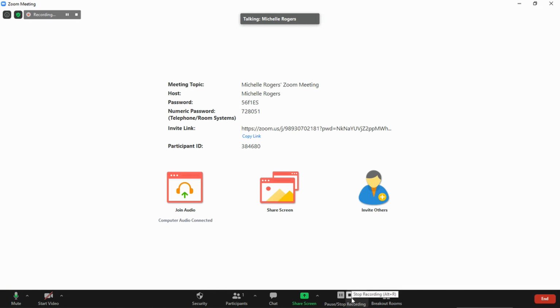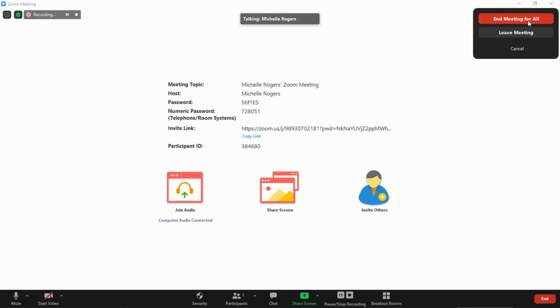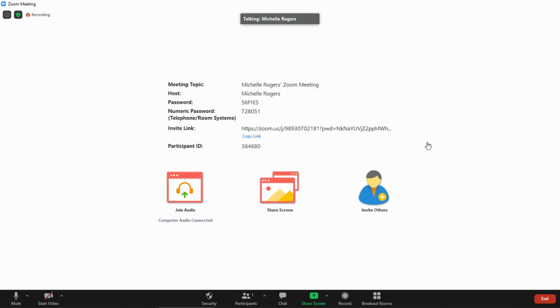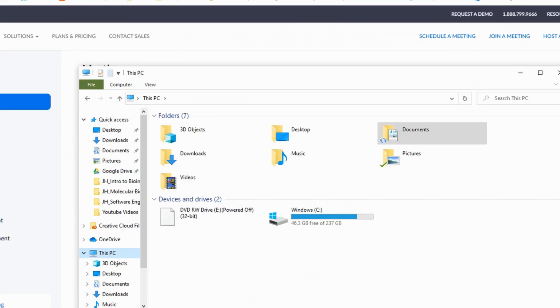When I'm finished recording, I can click the stop recording button. But I can also end the meeting. So when I'm ready to view my recording, unless you have changed where the recording is stored,